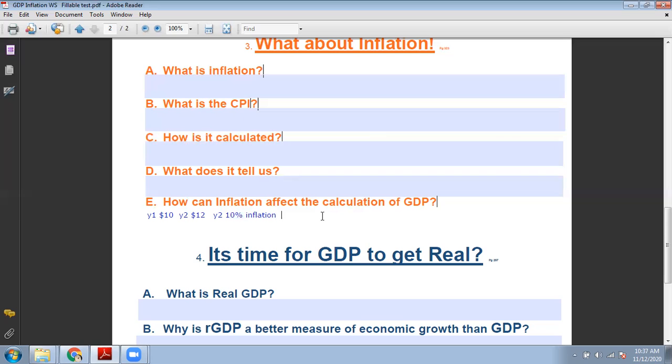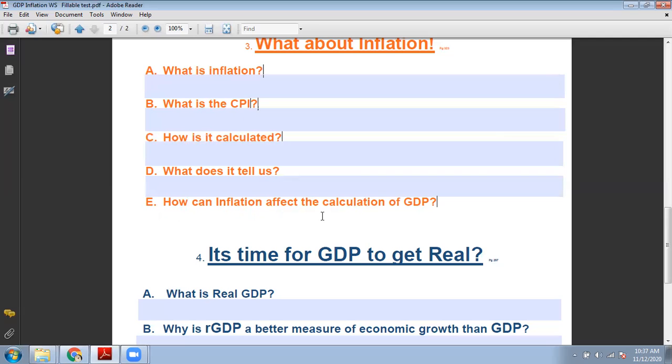Now you would say, oh, so we made $1 trillion more goods, but you need to remember what I said a moment ago. We made identical quantity of goods. So GDP should be the same. So what happened to us? Inflation increased our GDP by $1 trillion, but we didn't make any more. So GDP is telling us right now that we're $1 trillion richer or 10% richer, but we know that we're not, because from year 1, we made a certain amount of goods, and year 2, we made the exact same amount. So what inflation does is inflation would ruin our calculation of GDP, because it would increase the price level,